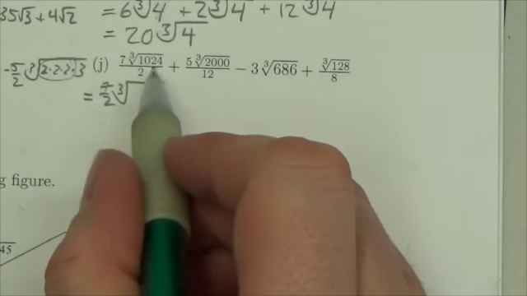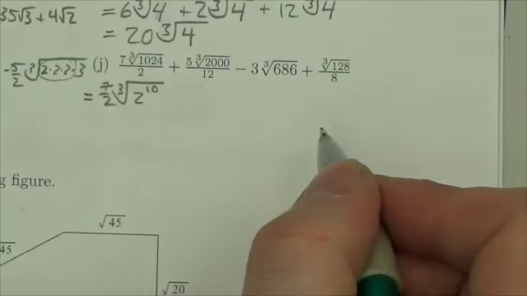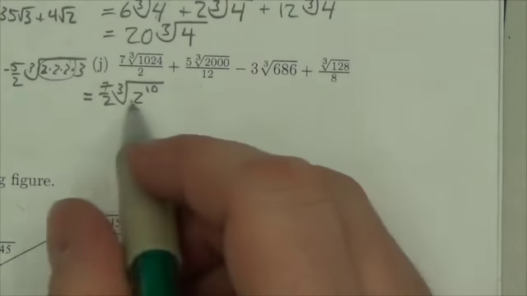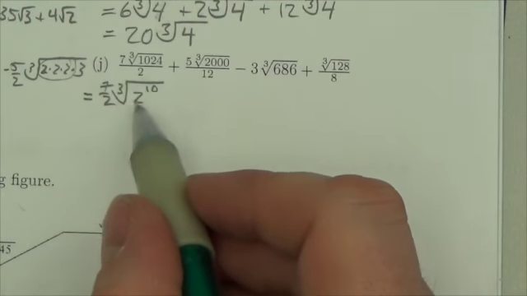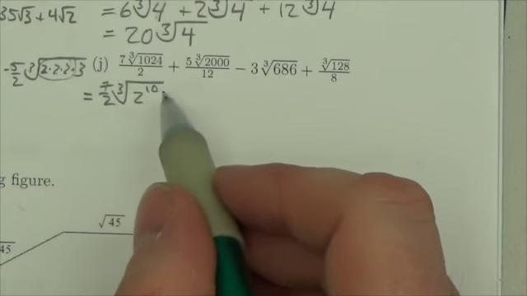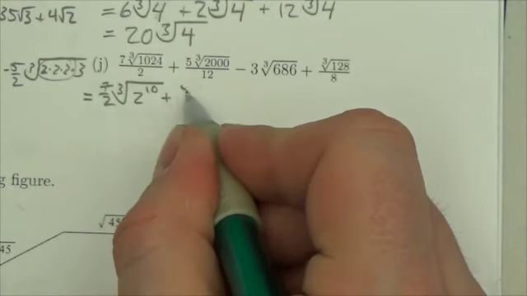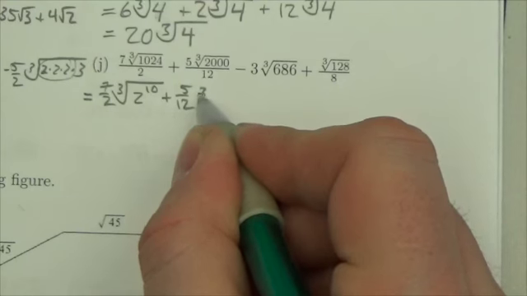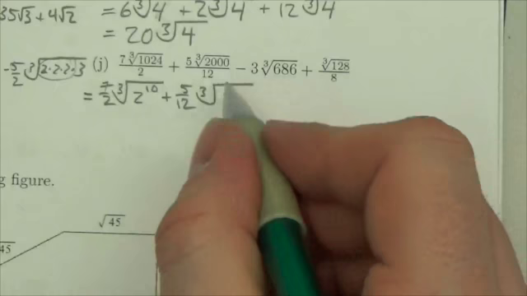Now, I know that 1,024 is honestly 2 to the 10. I am not going to write that out 10 times. That's going to be a waste of space here. But I know that this is 2 to the 10, and I'm going to come back to this in a second. We'll talk about what's going on here. This one right here, plus 5/12 times the cube root of, well this one we might be able to write out here because